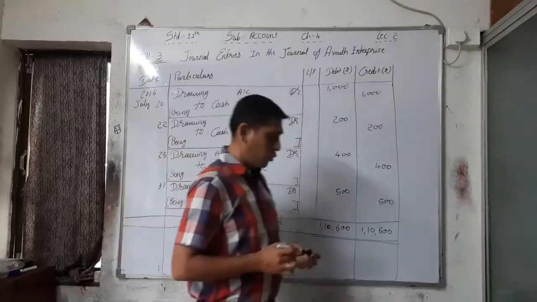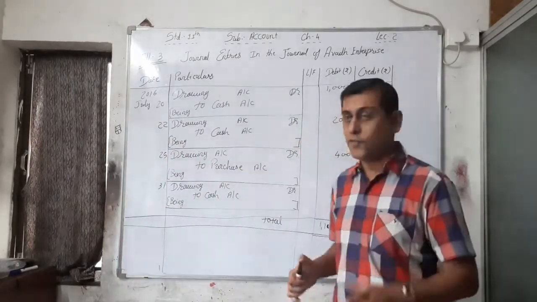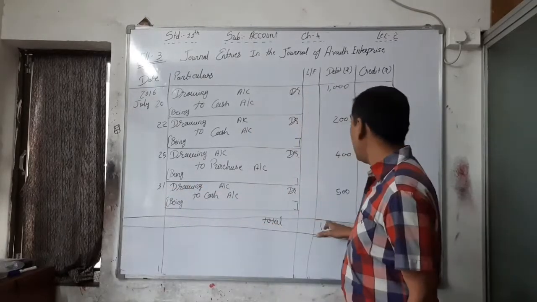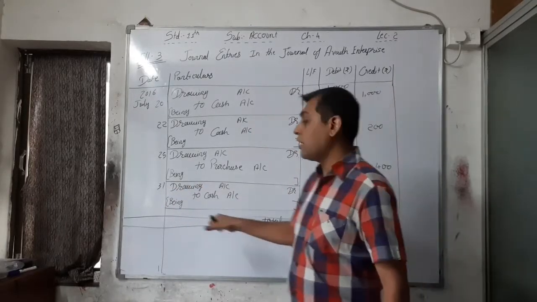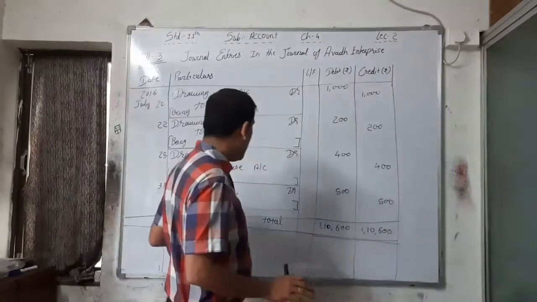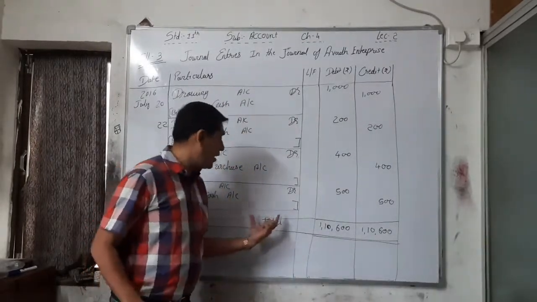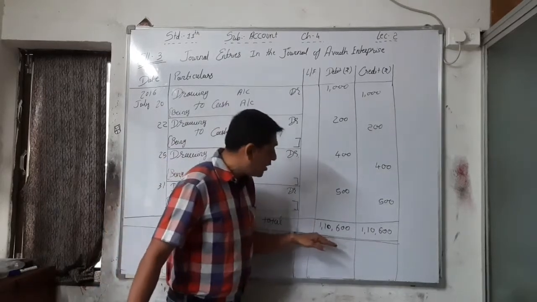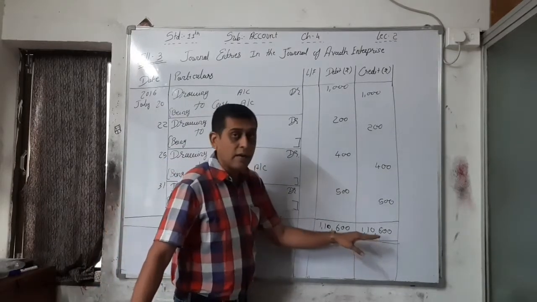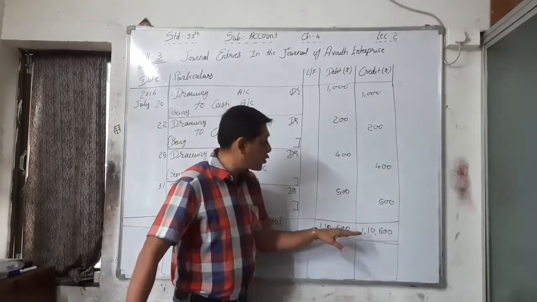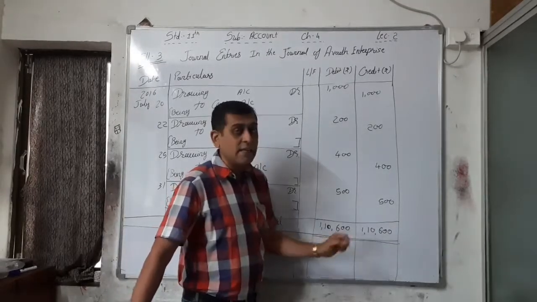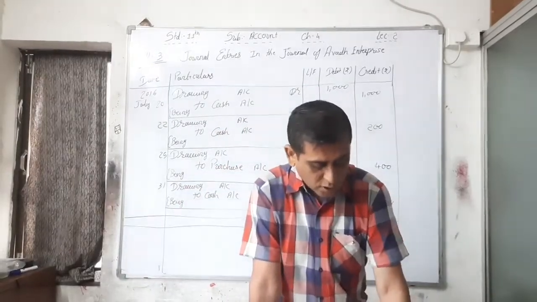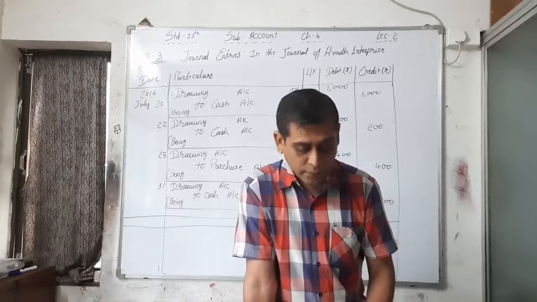See, we have to draw like this, compulsory, after the end of the sum. Date, particulars, LF, debit and credit. Draw one line, then write down the total in the particular column, then a second line, and after that another second line. Under that it will show that your total is tallied. Okay, so your first illustration, that is illustration number 3, sorry, is over.